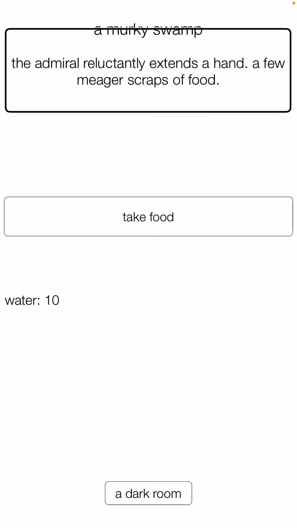The Admiral reluctantly extends a hand. A few meager scraps of food. All right, so it looks like there are two people here. The Admiral is talking to us, and we are a separate person. We have not been described, so here's where I get that tingly feeling down my spine. Who are we? Are we an alien? Are we a monster? Are we a fellow shipmate? Who exactly are we? Obviously, we are the Ensign because he is the Admiral, and an Ensign is a lower